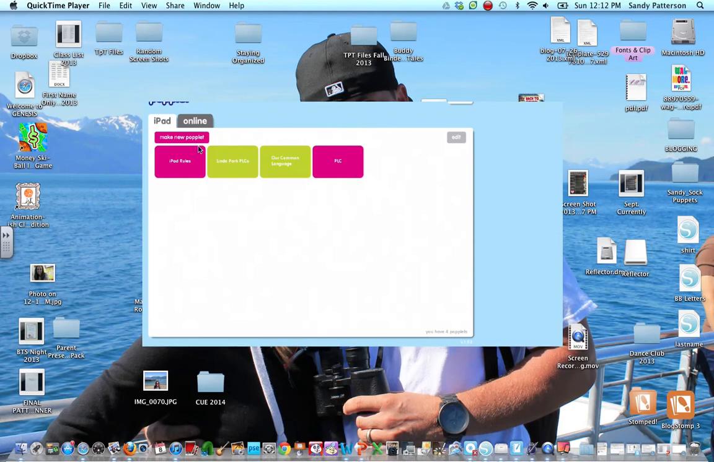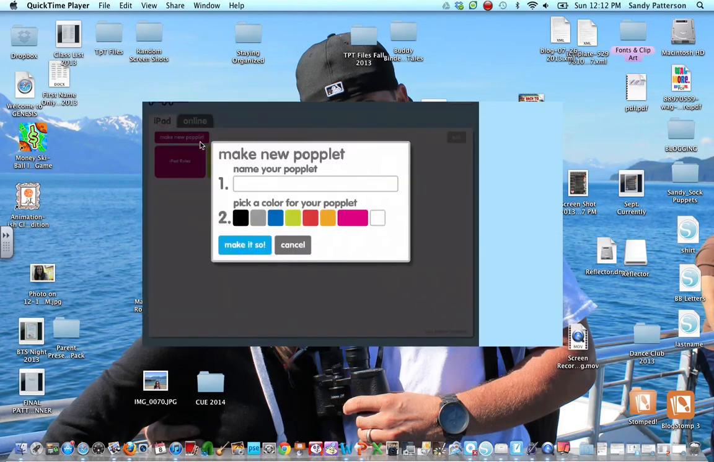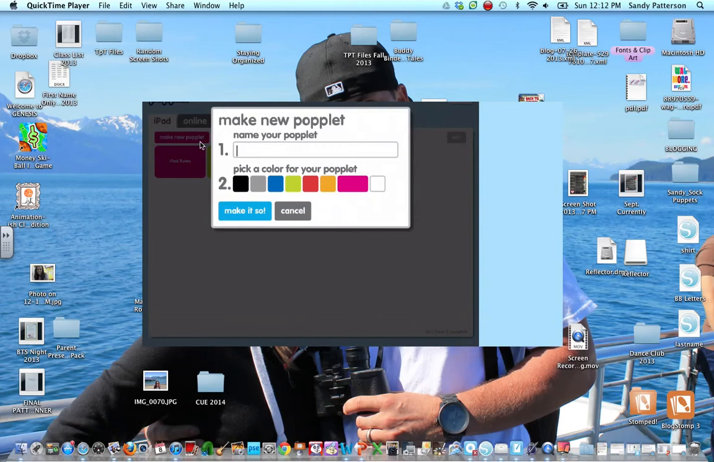So today I'm going to make a new Popplet, so I'm going to click this button right here, Make New Popplet. And when I click that, the first thing I need to do is name my Popplet. Today I'm going to create a Popplet to teach you all about me. So I am going to name it all about,